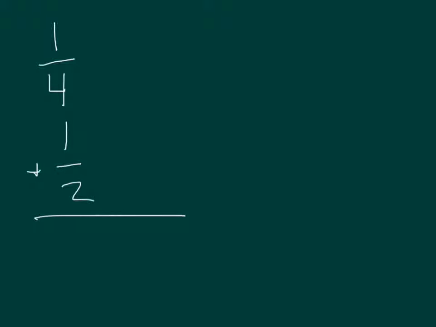Let's just do a quick review on how to add fractions. First of all, we notice that the denominators are different. In order to add fractions, we have to have common denominators. So looking at the 4 and the 2, we need to find a number that they both go into. Usually you can start with the larger number, and that would be the easiest direction to go. So I'm going to keep my 4,